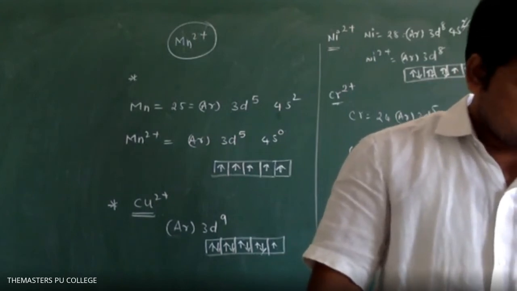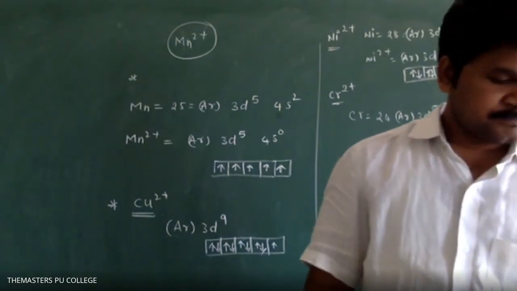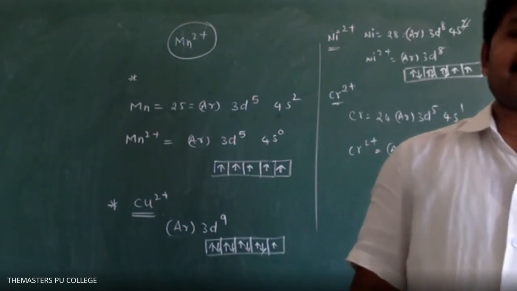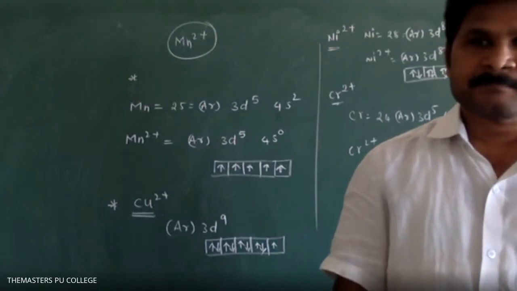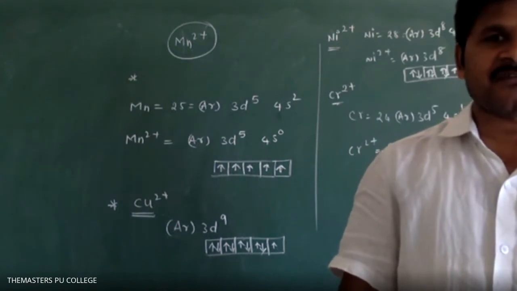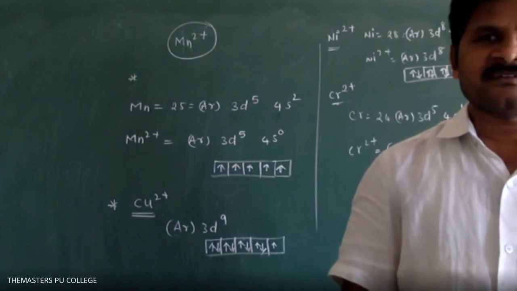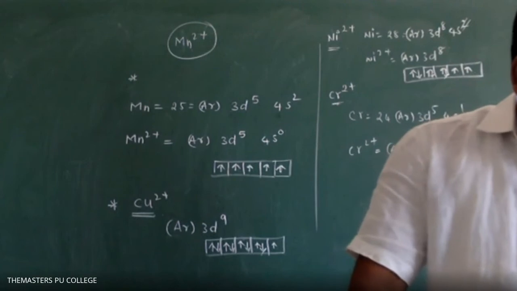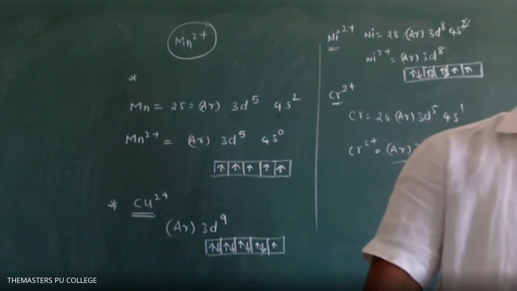Next, 109. What is the formula for the Heisenberg uncertainty principle? Second option: delta x, delta p greater than or equal to h by 4 pi. Maximum questions we have to complete now. Already 10 minutes; I started the class late, not by choice but due to some reasons. So the second option is the correct one.